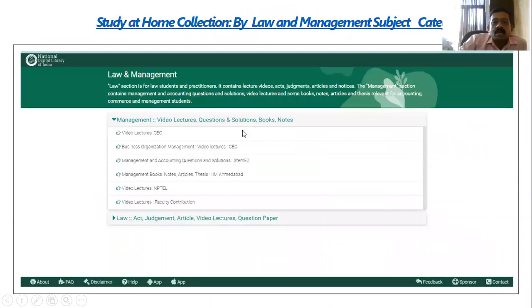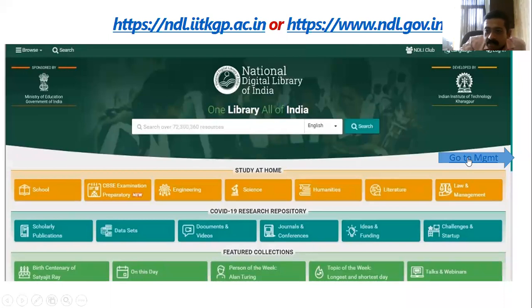Then I told you in the beginning, there is a separate part for the management section. You can see here the law and management part. In this part, there are some materials available for management and also law.